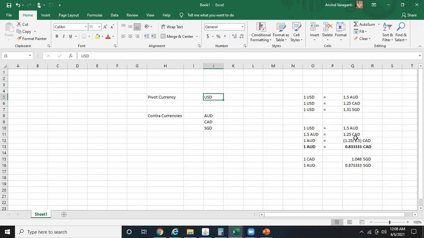It doesn't work if you try to manually enter your exchange rates from the forms, because when you are entering an exchange rate from the forms, you are manually entering 1 USD to 1.5 AUD, and then you save it, and then again you enter 1 USD to 1.25 Canadian dollar, and so on. But if it is through an interface table or through a WebADI, you have a batch of this currency combination, and that's how it becomes easy for the system to arrive at the cross currency rate conversion.